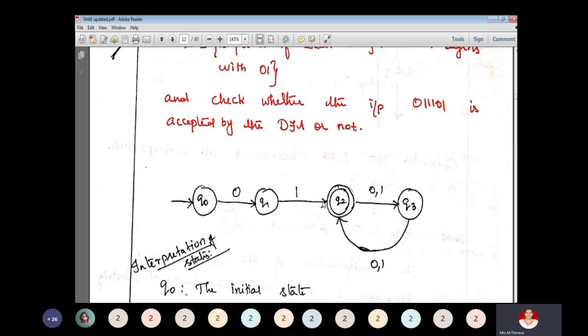So in order to accept the strings which are of even length, from Q2 to Q3 you can read any number of zeros and ones, and from Q3 to Q2 you can read any number of zeros and ones. So this is for the even length string. So this is the DFA which can accept the strings which begin with 01 and whose length is